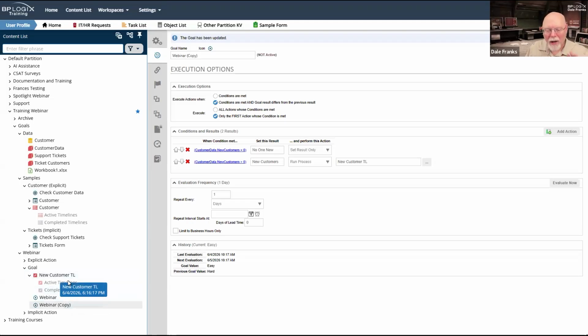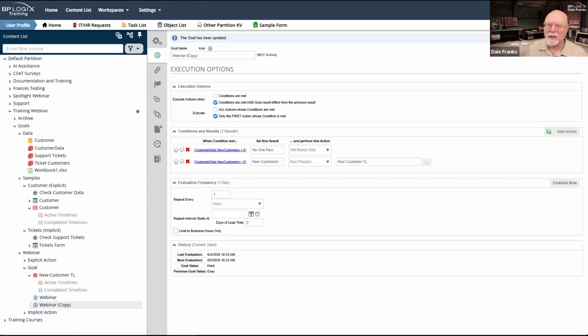You know, what I really need to do is, when do I want to invoke this? So now I'm thinking, how can I do all of this with one single goal to invoke the timeline and to also evaluate the timeline? So here, this just invokes it. I can't really use this for anything else. If I evaluate it, it's going to be great, and it's going to kick off my process.